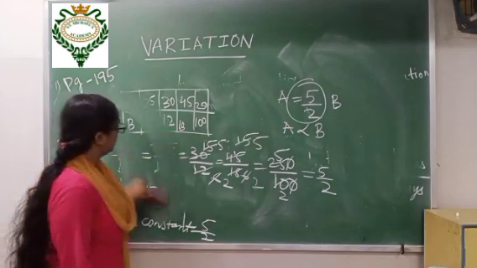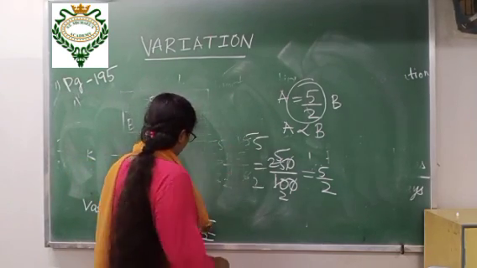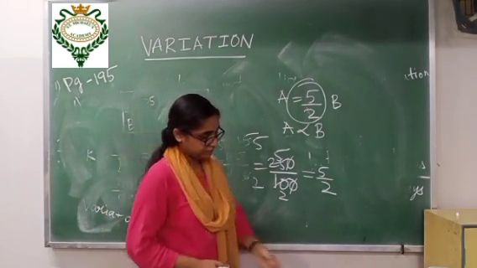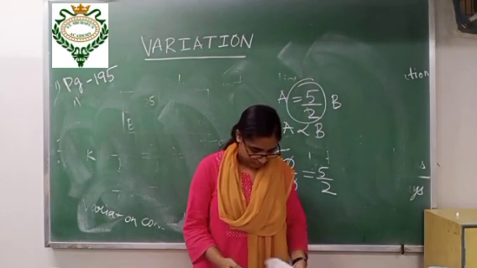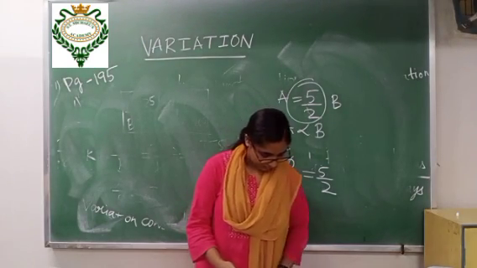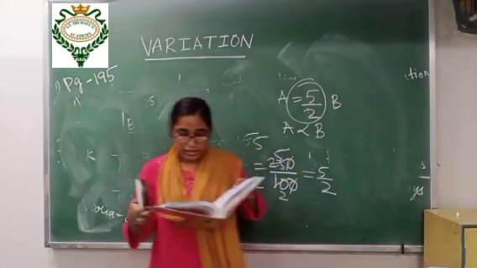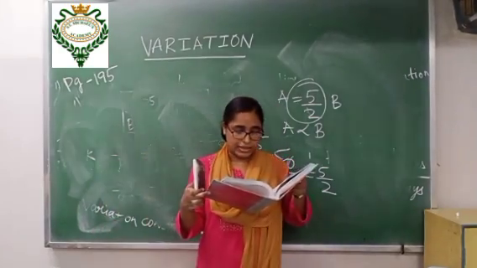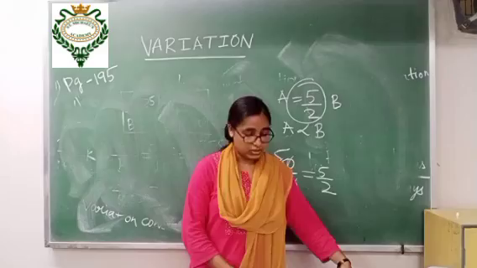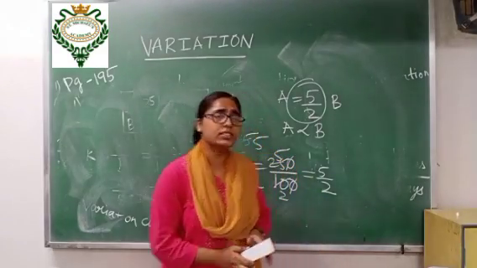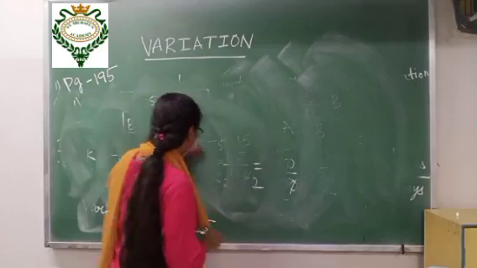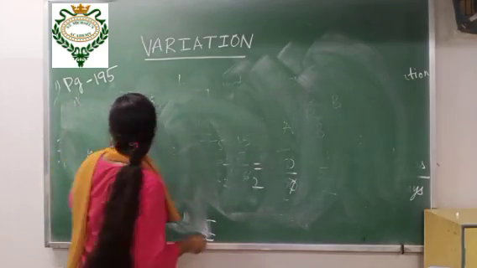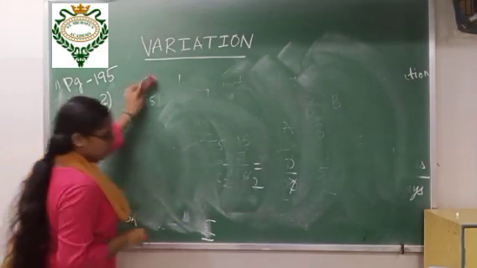Now come to question number 2. In 2 they are asking the corresponding values of two variables x and y. It is given also the same thing. A table is given to you, in terms of x and y, okay, not in terms of A and B. So it is given in terms of x and y.